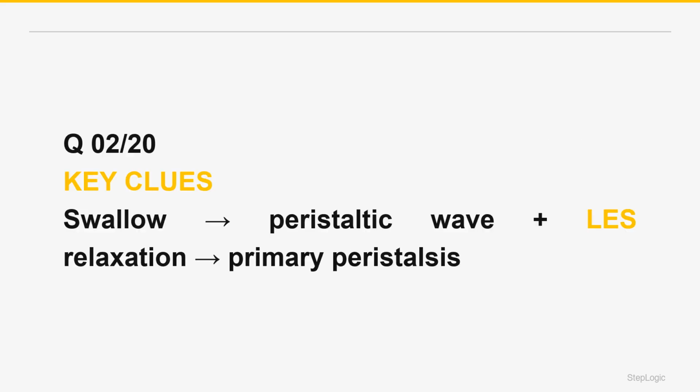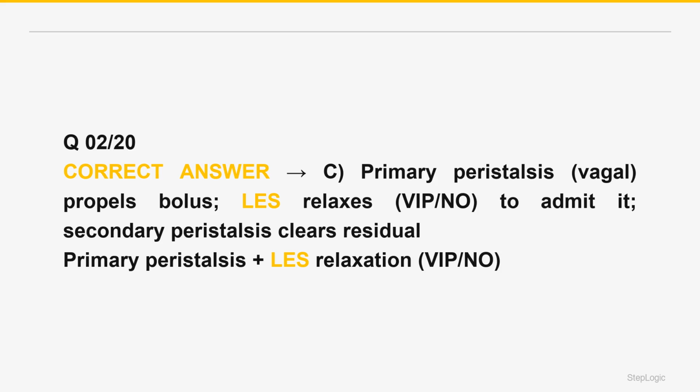Swallowing has a voluntary oral phase, then an involuntary pharyngeal and esophageal phase. In the esophagus, primary peristalsis is a coordinated sequential wave of contraction orchestrated by the swallowing center and the vagus nerve that propels the bolus toward the stomach. Ahead of the bolus, the lower esophageal sphincter relaxes, a receptive relaxation mediated by inhibitory enteric neurons releasing vasoactive intestinal peptide and nitric oxide to let the bolus enter the stomach, then it recontracts to prevent reflux. Correct answer is